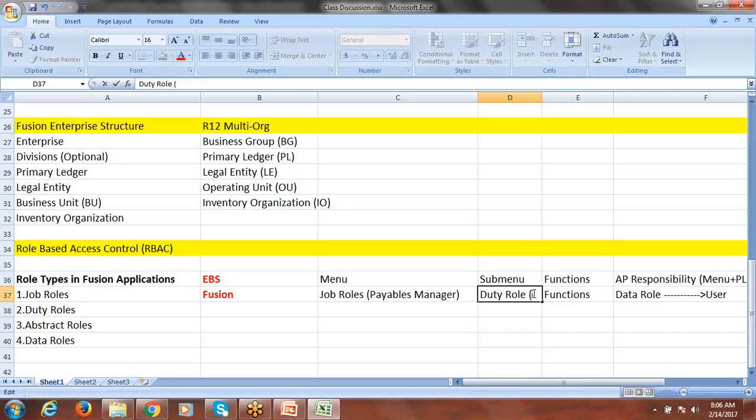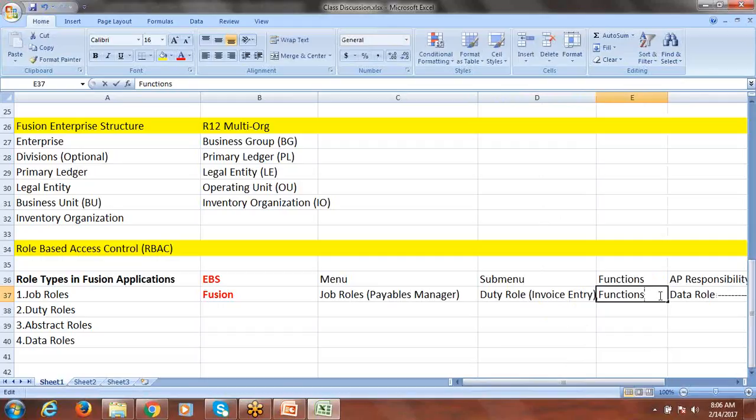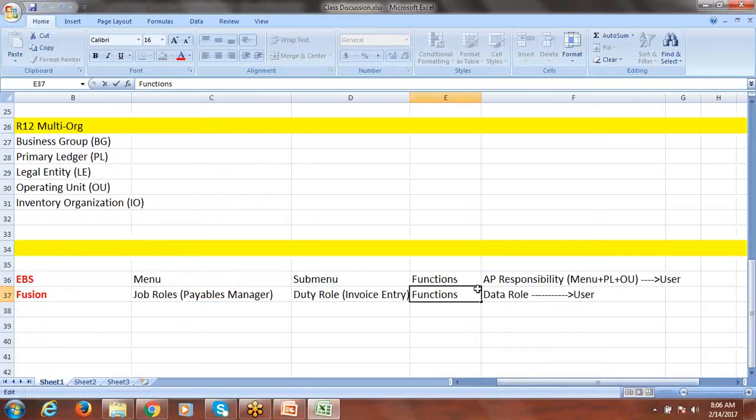One of the duty roles is invoice entry. Invoice entry I'll take. This is equal to submenu. Here I'll say the function name can be creating invoice or importing invoices. So that's a generic one. And here the data role example is,